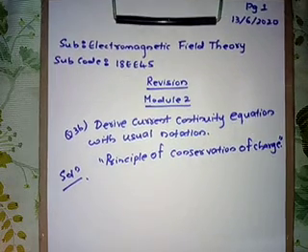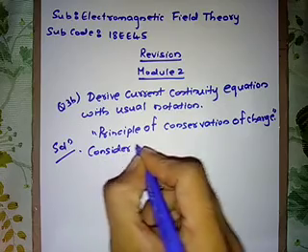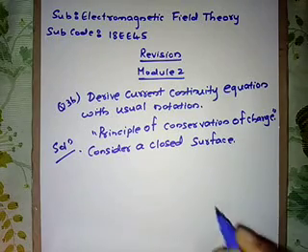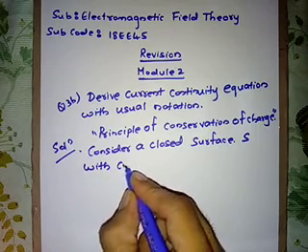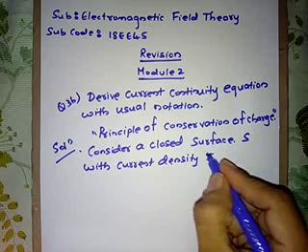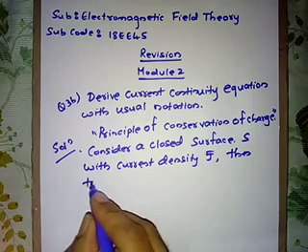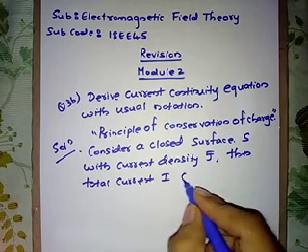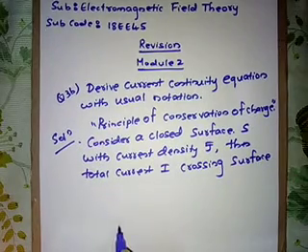Consider a closed surface with the current density J bar, then the total current I crossing the surface is given by